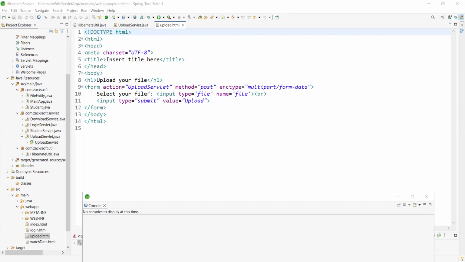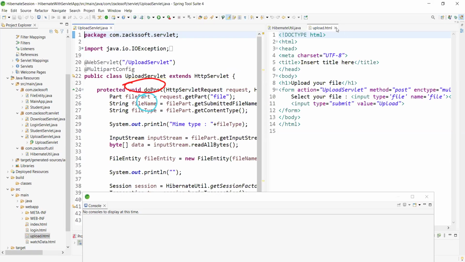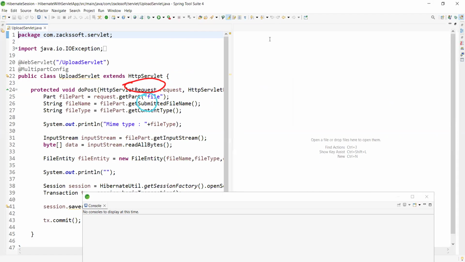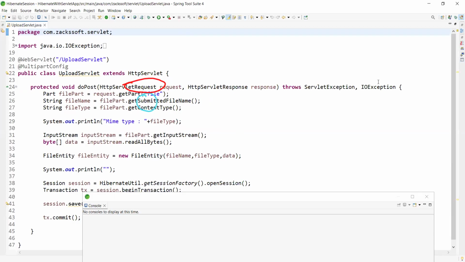Whenever I click submit, where will control go? To the upload servlet. Simply control will go there. Just observe. Whenever our servlet program will receive any kind of binary data,